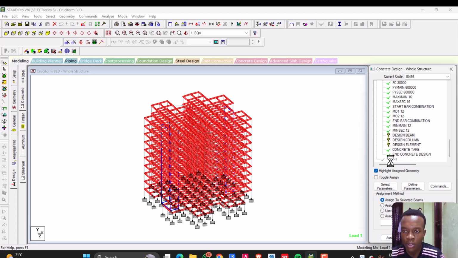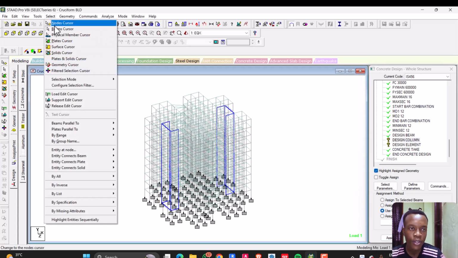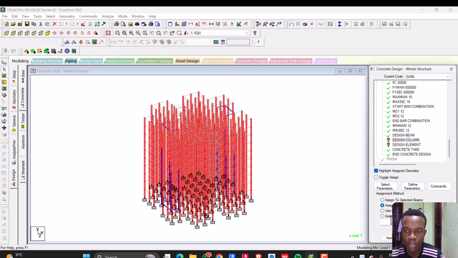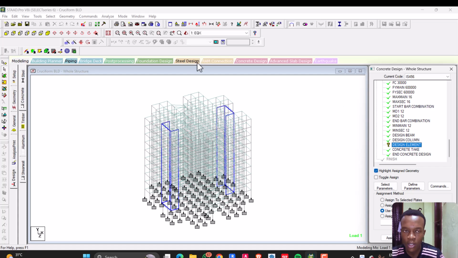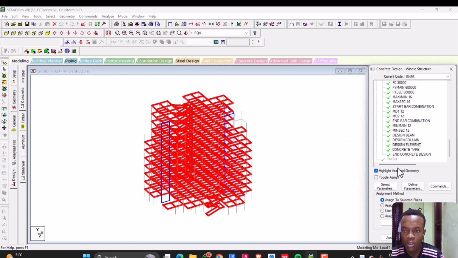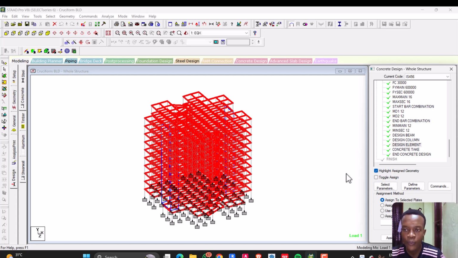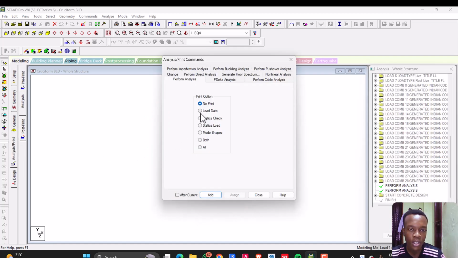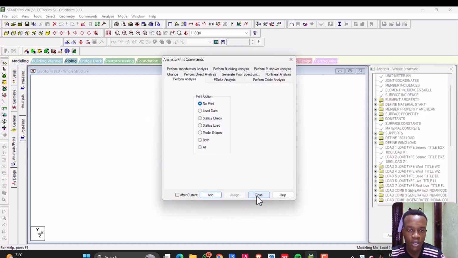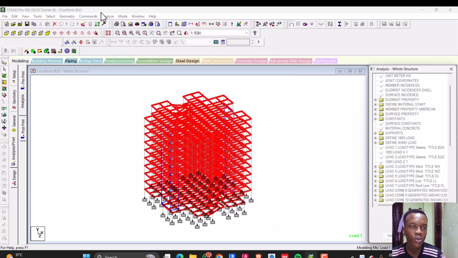yes, then column, select beams parallel to Y, assign to view, assign, yes, then design element, design, assign to view, yes, assign, correct. Then we're going to go for our analysis print, and now print, add, close, then we're going to run